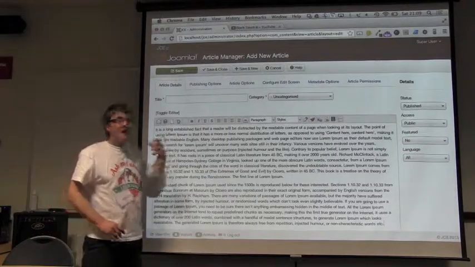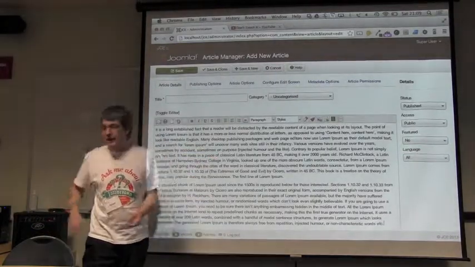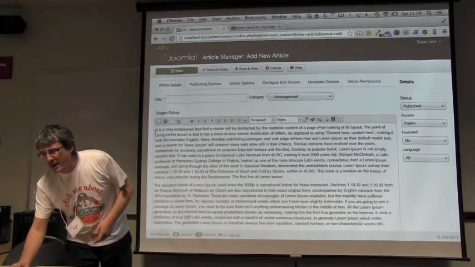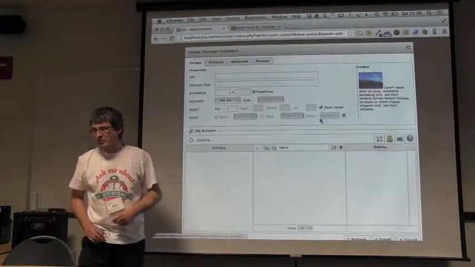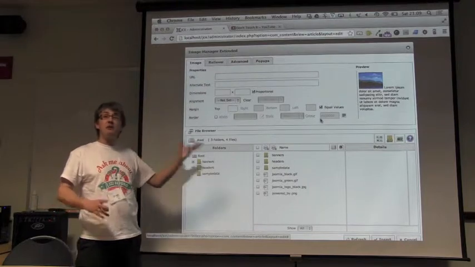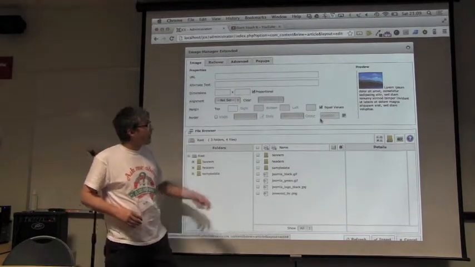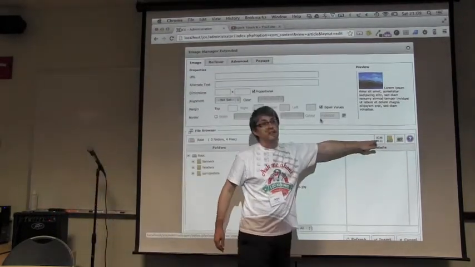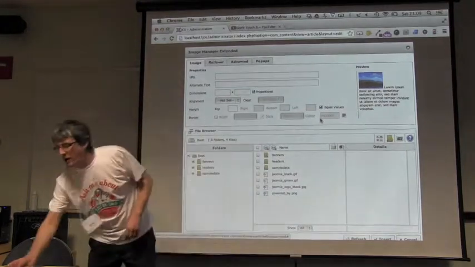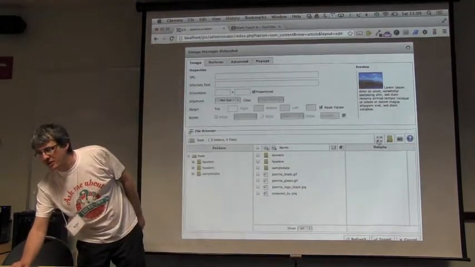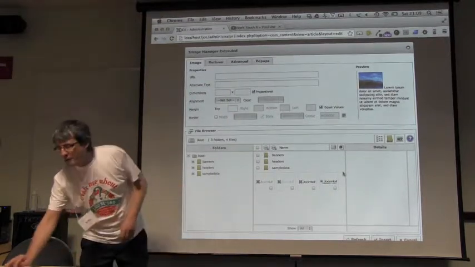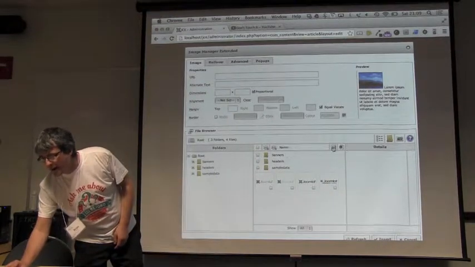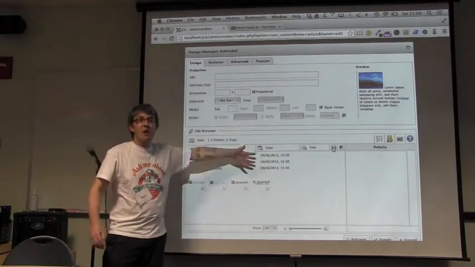So, put my text back in. I want to put those images up. The normal thing is you click on the position where you want the image, you click on the Image Manager. Because I'm using the Image Manager Extended, I've got an extra button here, so I can switch from boring list to thumbnails. And if I really want to, I can click on that one to make it wider so I can see